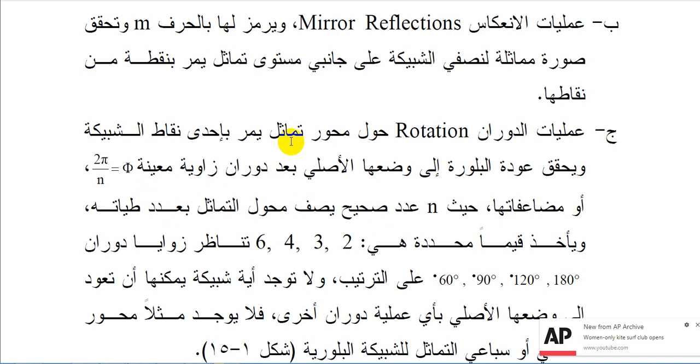See right in front of you the rotations about the symmetry axis that passes through lattice points and verifies crystal restoration of the original epitaxy after rotation through the angle phi equal to 2 pi over n, where n is an integer describing the symmetry operator. It takes certain specific values: 6, 4, 3, 2.